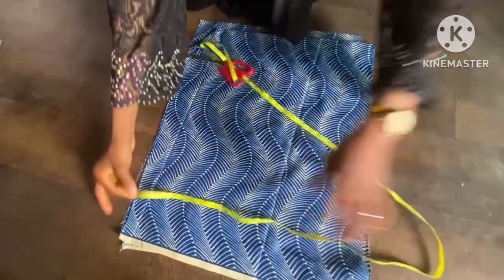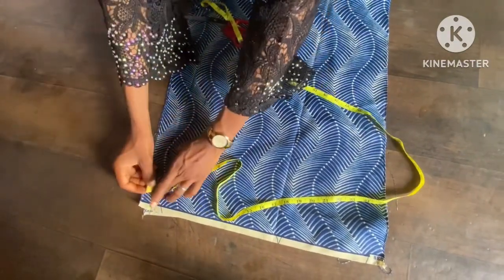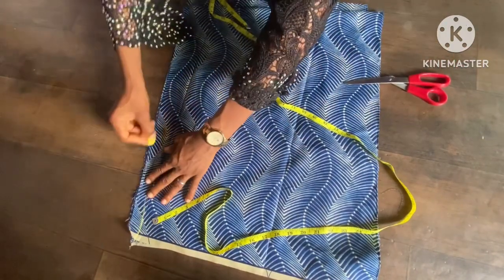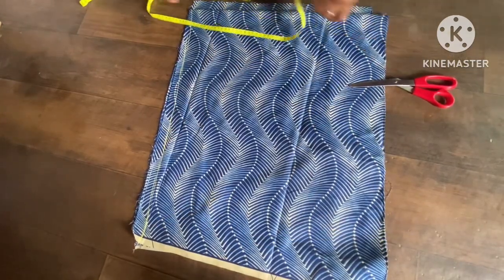So the first thing I'm going to consider here is the shoulder slant. The shoulder slant of 1 inch. Then I'm going to connect it up slantly to the center of both back and front. You can see the way I'm doing it. After that, I'm now going to take my